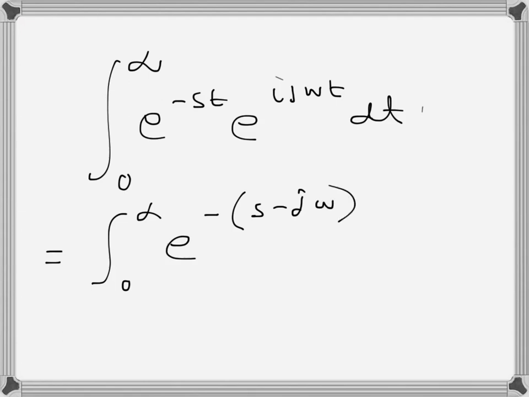So this one can be written as the integral from 0 to infinity of e to the power minus (s minus j omega) t. Actually, I will use j instead of I as the imaginary unit, because in electrical engineering we do that. So I will just write j omega, so j is I, dt. So this is becoming now